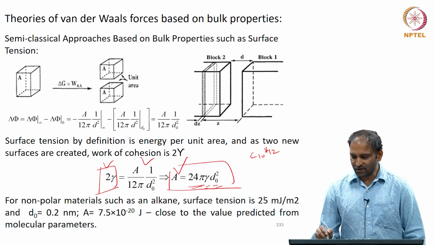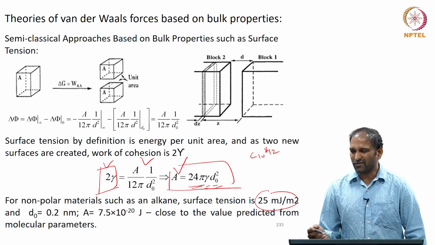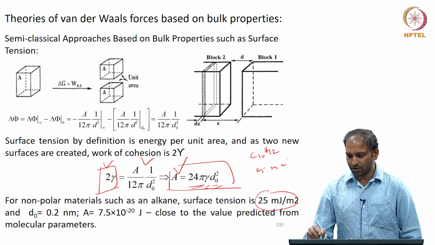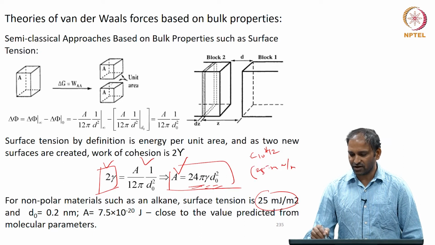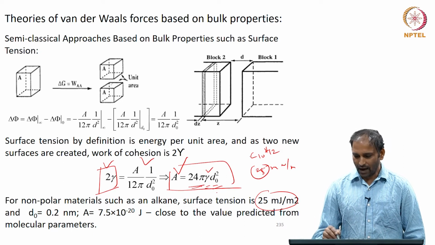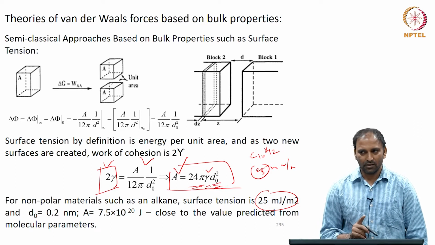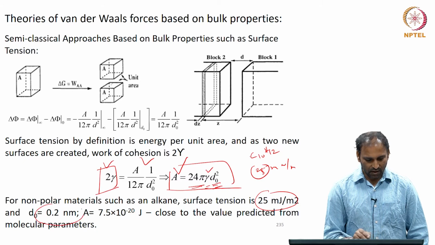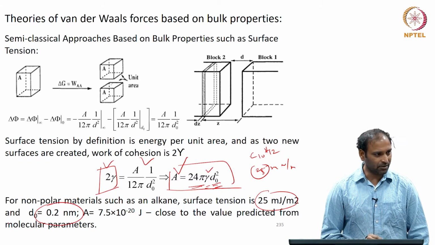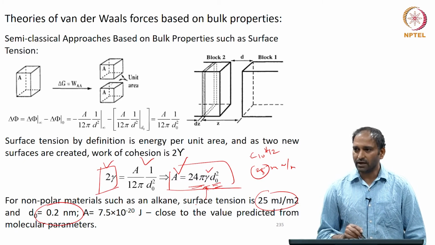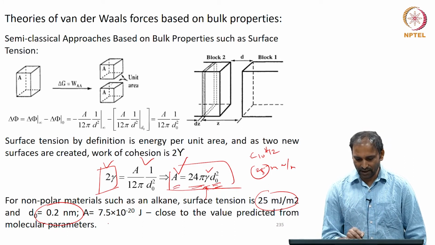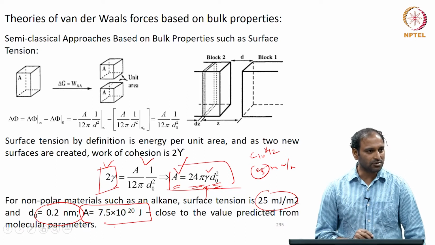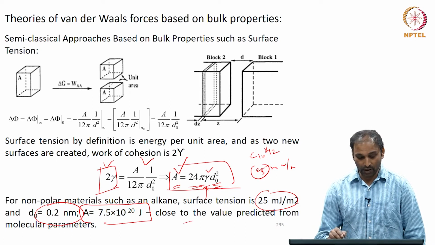So, typical values of surface tension are about 25 millijoules per meter square or 25 millinewton per meter. Okay, that is the surface tension. So, I have that value, and d naught is the spacing between the molecules, typically 0.2 nanometer. If I put in these numbers, it turns out the value of A that I get is 7.5 times 10 power minus 20 joules,